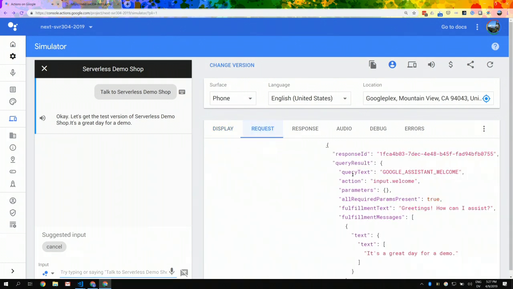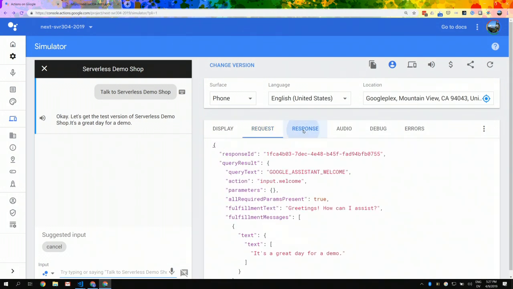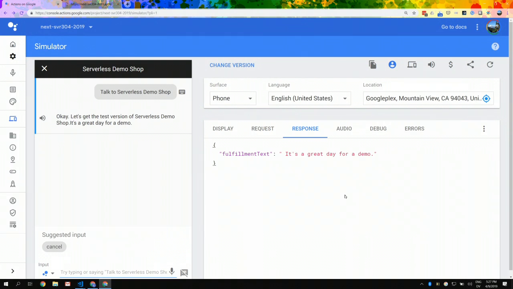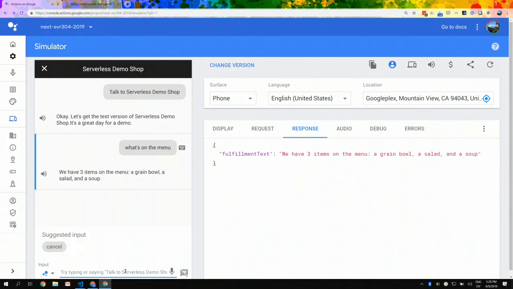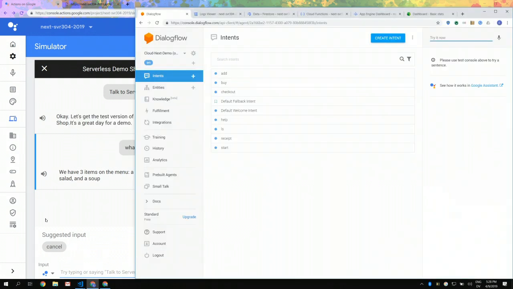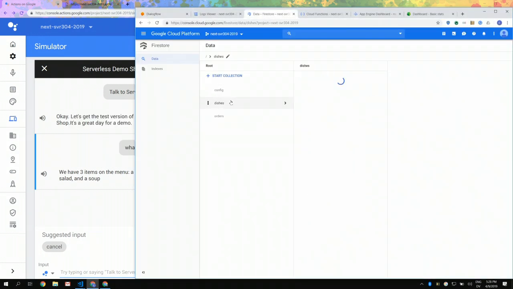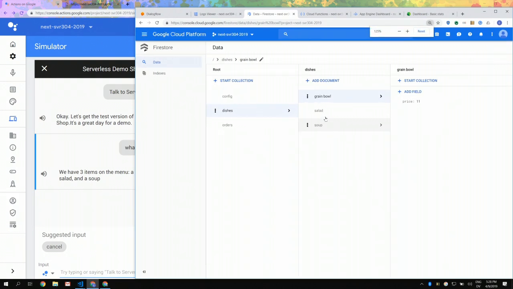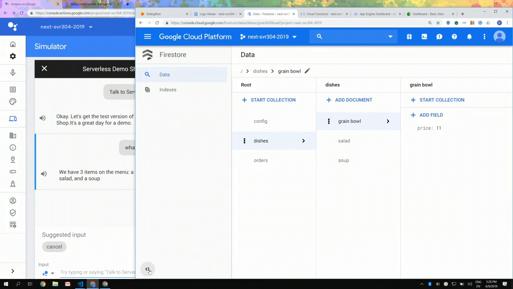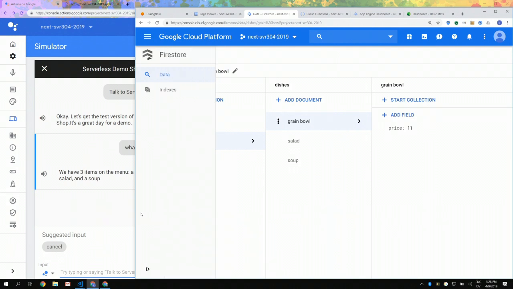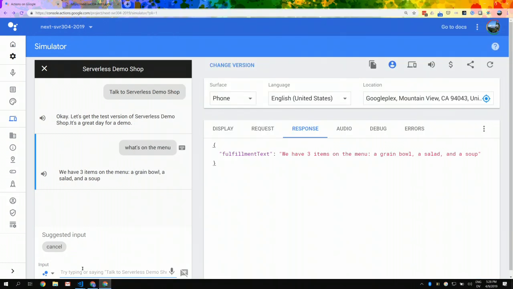The other great thing is that you can see for debugging all of the requests that are getting sent and the responses that are coming back. So you can see my code said it's a great day for a demo. So let's see, what's on the menu? And we have 3 items. This is being pulled dynamically from the database. Again, I didn't really want to spend a lot of time coming up with cute data, so you can see that we have 3 dishes, and it's just fetching these. Let me make that bigger for you. And so it's going through these 3 dishes, and then you can say, I'd like to start an order,